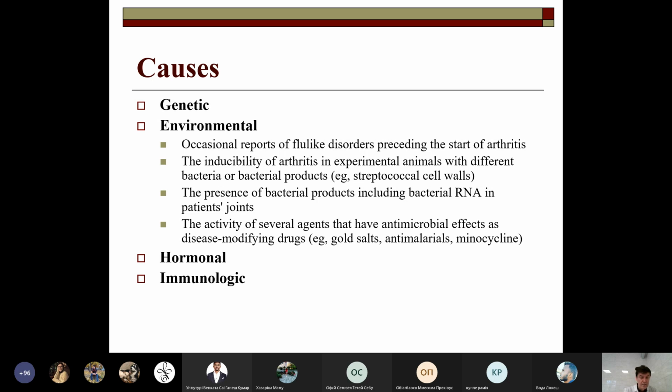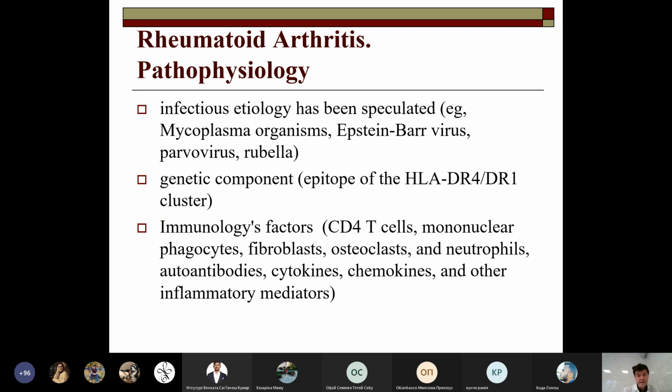So on the next slide, you can see some compounds which can be incorporated in the pathophysiology of rheumatoid arthritis. It would be infections, genetic predisposition, and some immunologic factors. So, first of all, you should know that in the patient having reactive synovitis due to rheumatoid arthritis, the etiology of this arthritis can be established by evacuation of the fluid,